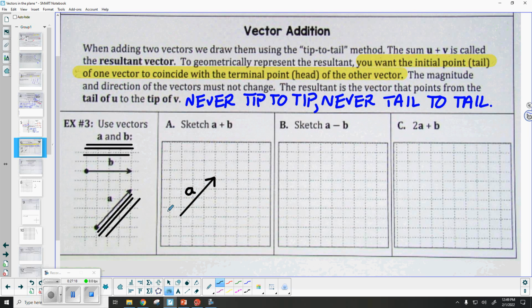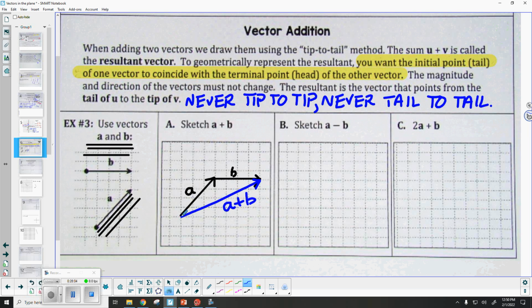Now remember, when you're using the triangle method, you can only connect the head of one vector to the tail of another. Never two tails, never two heads. So now I'm going to bring over B, but I'm going to place its tail at the head of A. Okay. So here's B. The reason we call this the triangle method is because these two vectors are creating two sides of a triangle. As soon as I use these two sides to finish the triangle itself, when I draw the third side, that's my answer, that's the resultant. Okay, so in this case, the vector that I just drew represents A plus B.